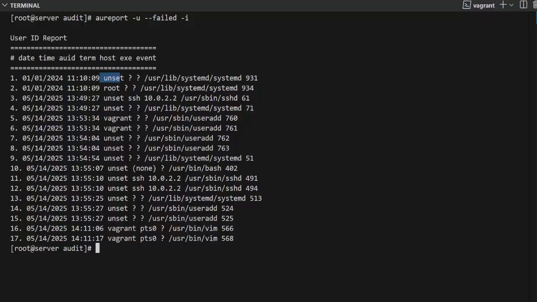Now let's take a look at event 3. This happened on the 14th of May 2025 at almost 2 p.m. The user is marked as unset, and it was attempted through SSH from the host IP address 10.0.2.2. The executable is /usr/sbin/sshd, which is the OpenSSH server daemon. This indicates a failed SSH login attempt from a remote machine. So as you can see, getting a report for only the failures is a great way for catching unauthorized